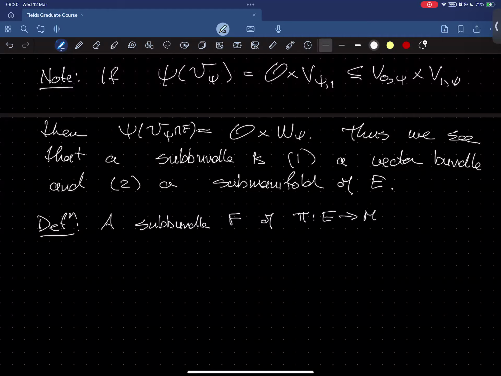Okay, so everything's C^r for suitable r. Okay, is split if, for any subbundle chart,